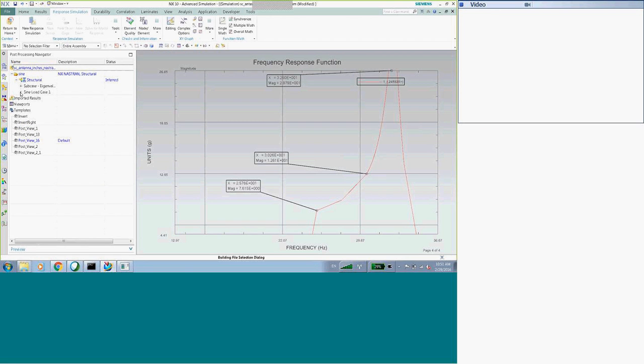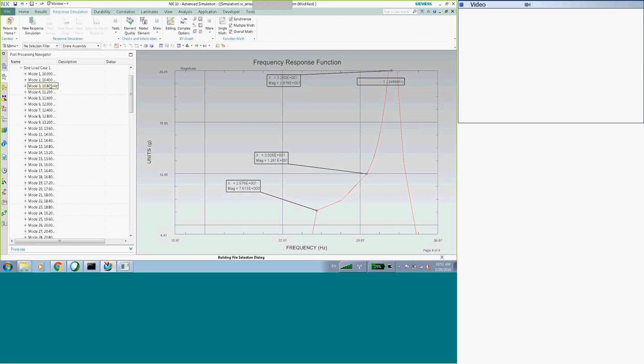And now there's an extra subcase here: sign load case 1. More than I thought there would be. My margins of safety. That doesn't look right. There shouldn't be that much stuff in there.